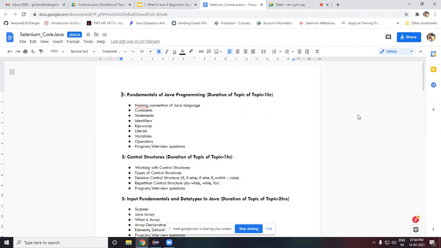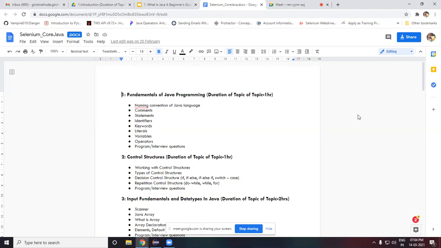Later on, we will deal with naming conventions and how we can understand our programs, what is required to write a program, how we can write a program, and the architecture, or structure, of the program.